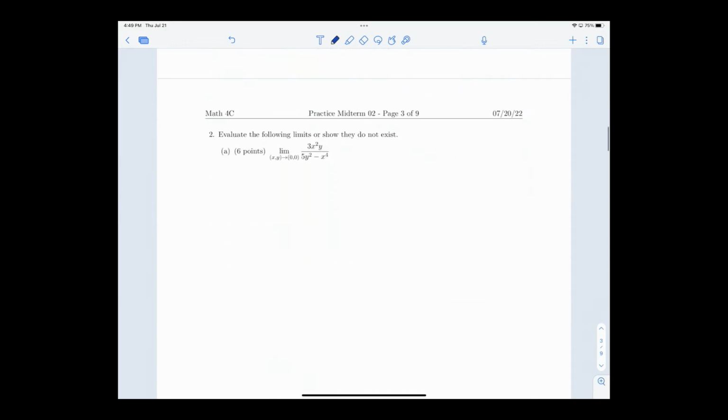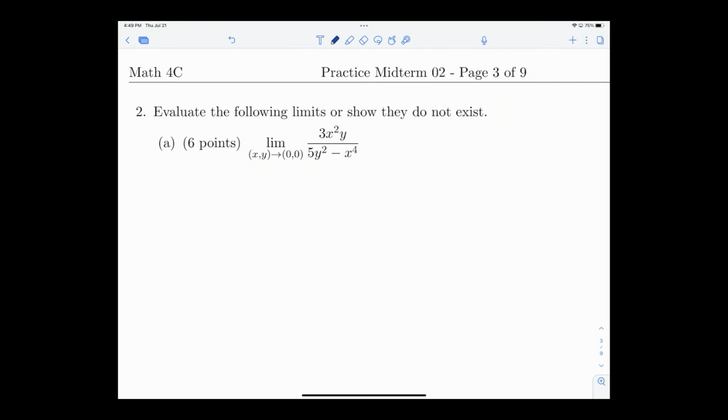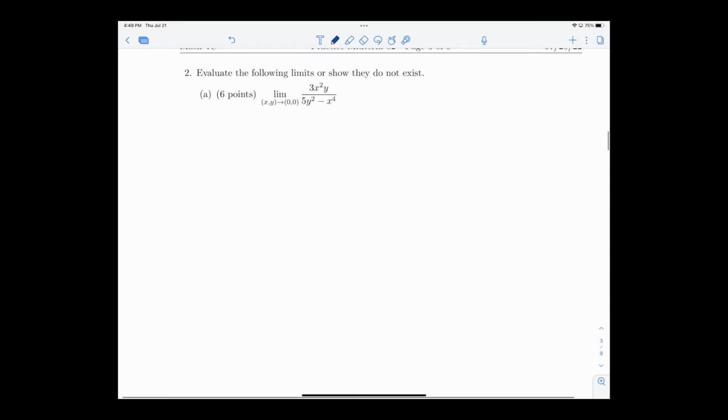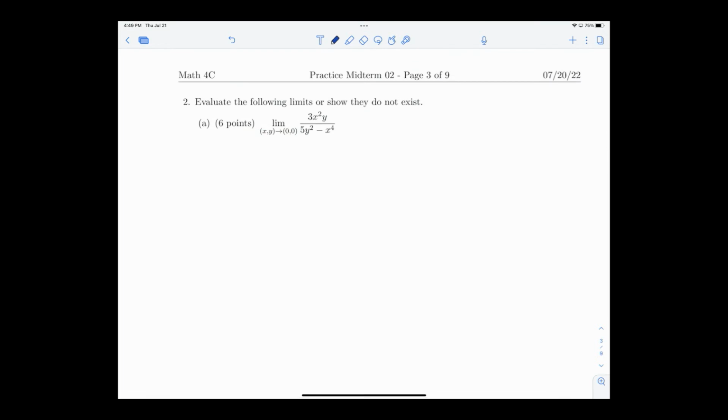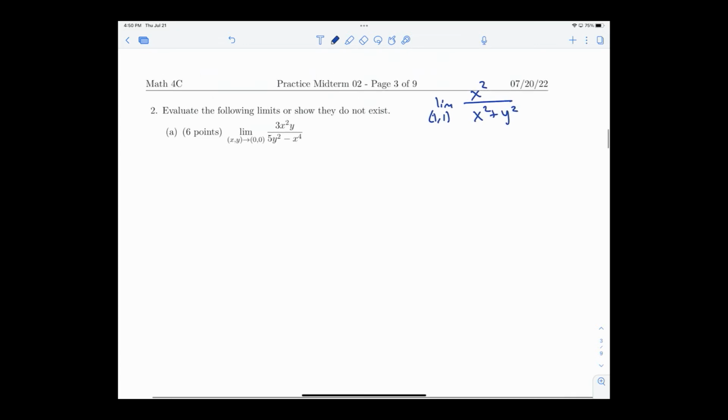Okay. Evaluate the limit or show that it does not exist. There was more of this in the lecture than in the homework because it's hard to do these on the homework. On the real exam, remember, your real exam will be multiple choice, so maybe that makes it easier. But the thing to keep in mind is that it's really hard to show that the limit exists if it's not continuous. So if you had something like this, for example,